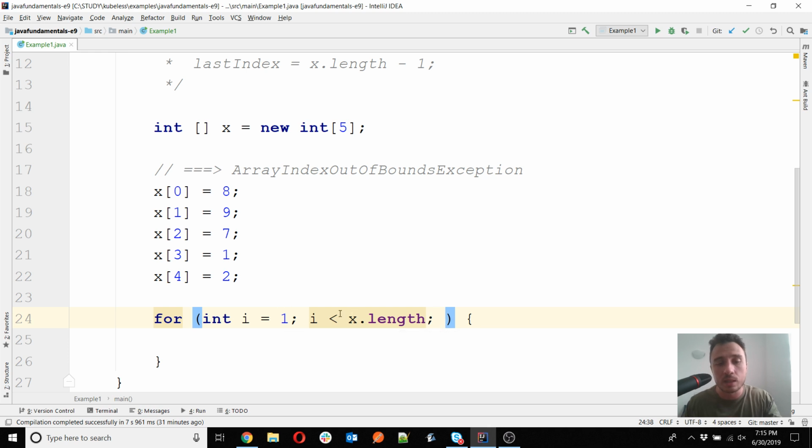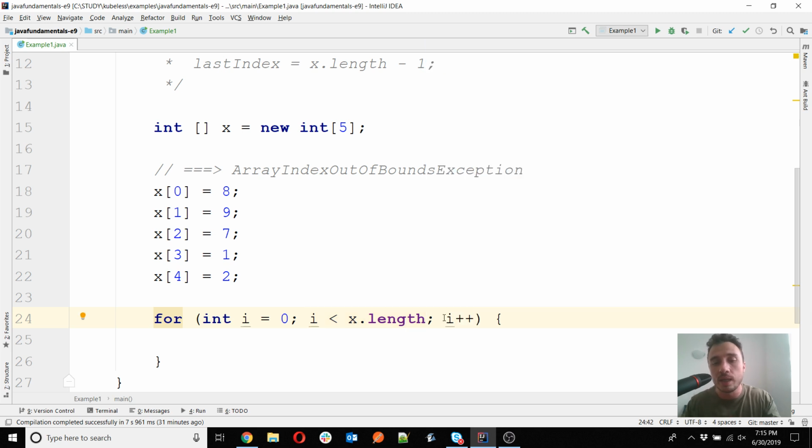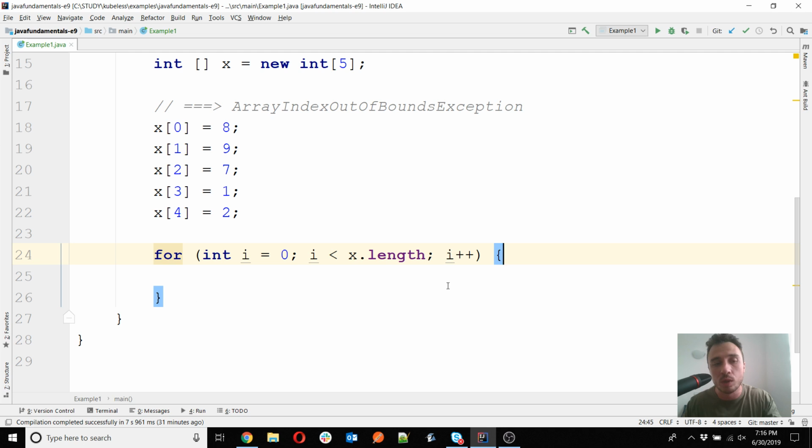And that's what I'm doing: I'm declaring i starting from 0, with 0 being the first index, and then going until length, but without length. That's not an equal here, so it's not smaller than or equal, it's only smaller than. So the last value that i will actually have is length minus 1, and the reason is because I really want to go up to length minus 1, which is actually the last of the indexes. I don't want to go to the length. And then I simply can use the plus plus operator to increment each time I do one of the set